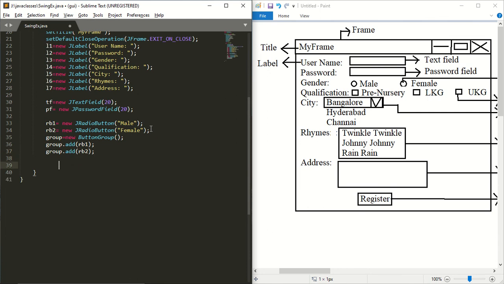Next, what should we create? Next we should create checkboxes. So how to create a checkbox? CB1 is equal to new JCheckBox. What is the name for this checkbox? It is pre-nursery.